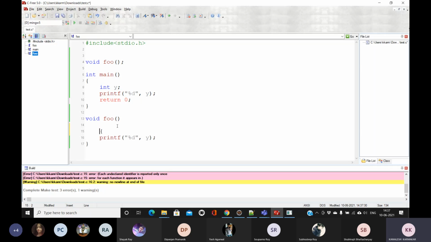If I want to access y, I have to pass it to this function. If I want to access this y, I have to receive it as y. In case of local variable, I have to pass it as parameter. So here I can call the function foo, and I can pass the value of y.